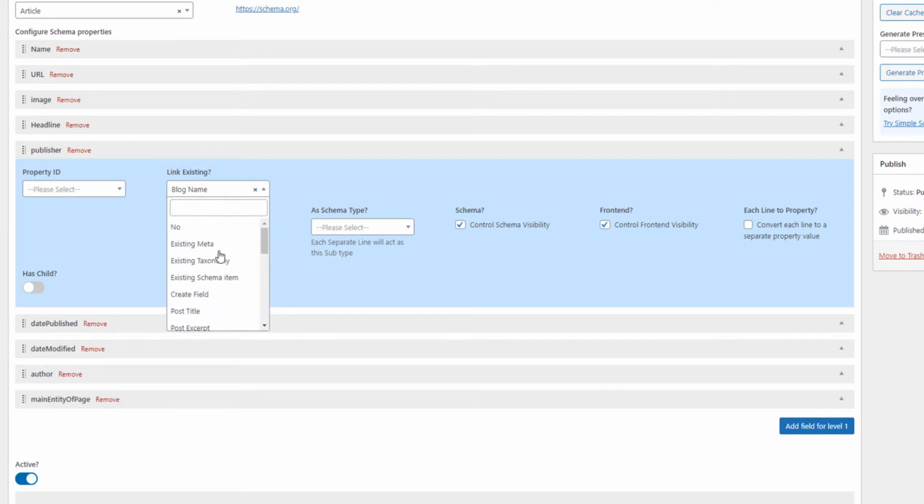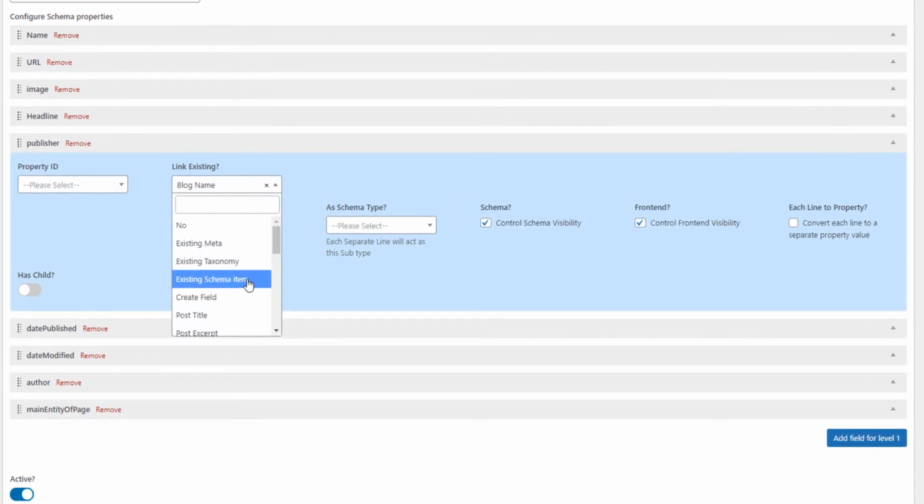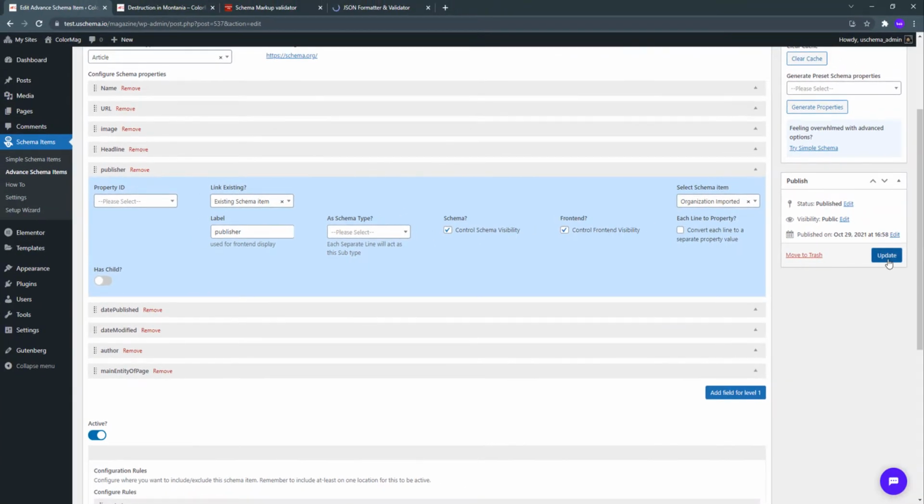You can just check existing schema item. We want to use an existing schema item and link it as a publisher. In the list we have the organization schema and founder schema. We want to use the organization schema as a publisher, so I'm selecting this organization schema. And once updated,